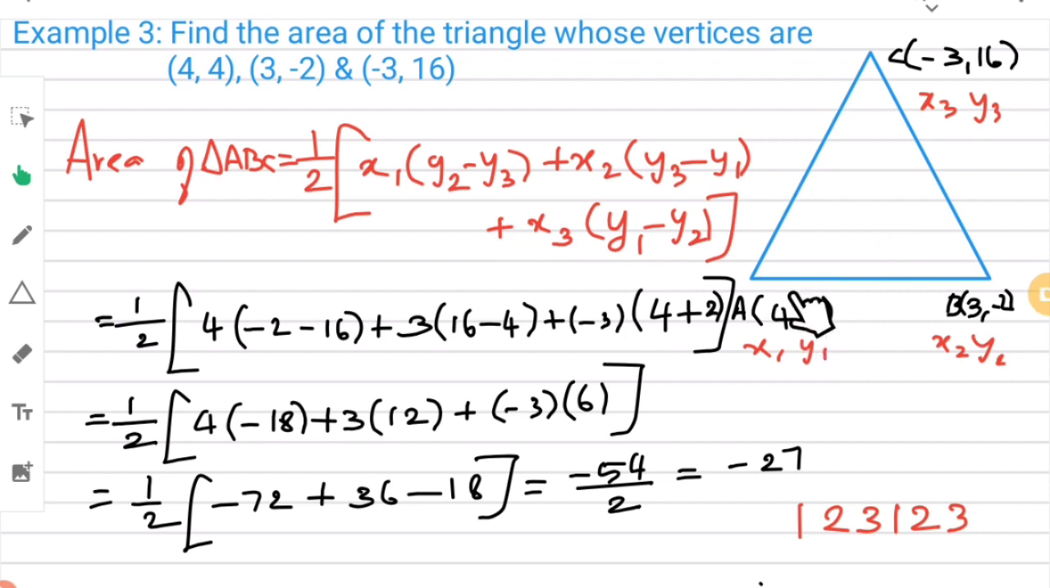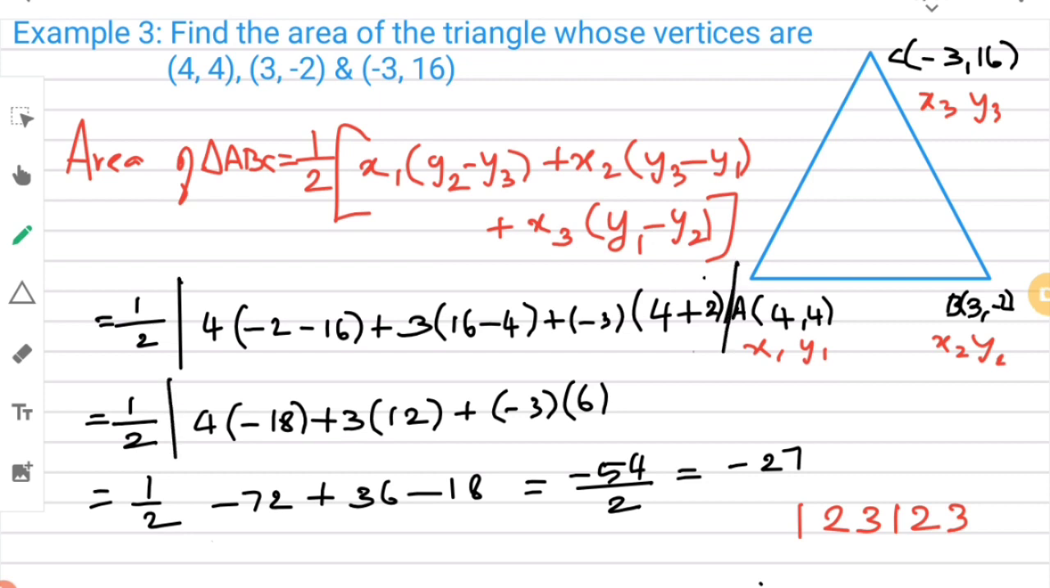But this one is the area of the triangle. So area of the triangle is always a positive value. For that we need to take what? Modulus. Okay, so don't use the bracket here. You can use it, but anyhow use the modulus. So I'm going to change all this as a modulus. What is the purpose of modulus? It will change the sign, that is whatever the sign of the value inside it, you have to take only the magnitude